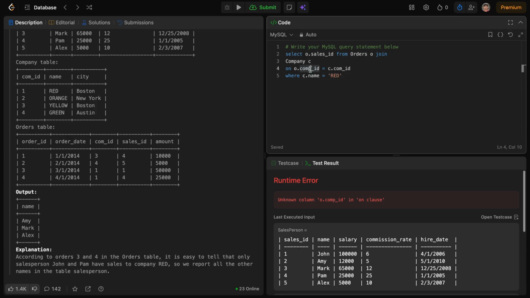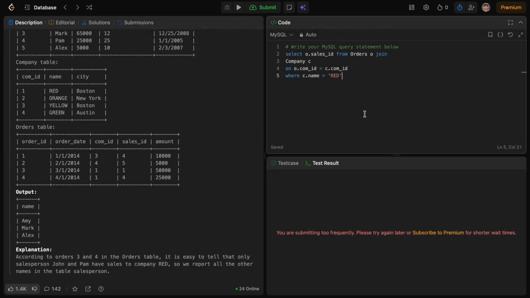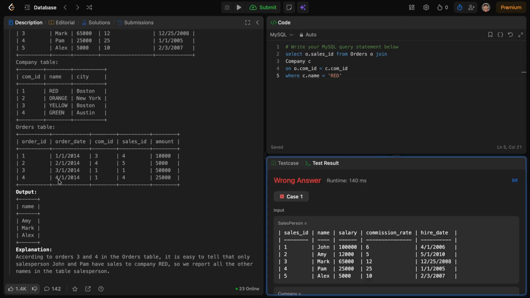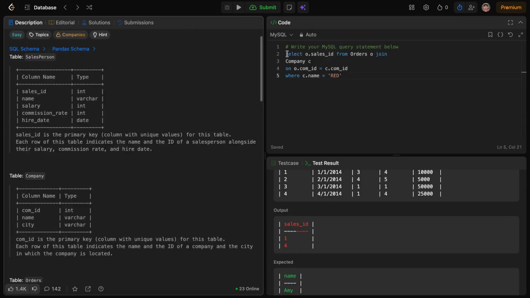So this query returns us those IDs where the name is equal to red, so it returns 1 and 4. So see, 1 and 4, and now we want